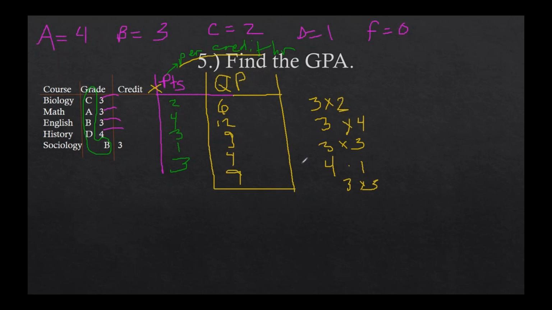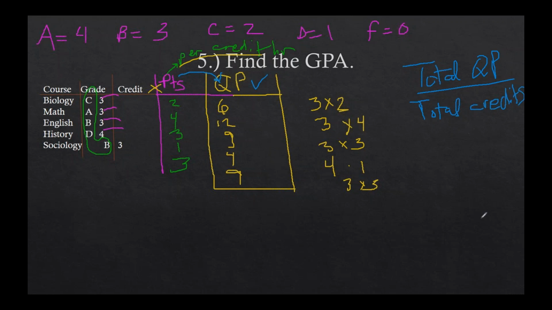So again, just like with the last example, we're going to take total quality points, but this time we're not going to divide by the total percents because we don't have any percents. Here's quality points. The points lead to quality points because those are essentially the same thing, right? So in this case, you want to divide by the total credits because your GPA is calculated on how many total credits you take. If you earned 30 points, but it took you 15 credits to get there, that's different than if you earned 30 points and you only needed 10 credits to get there.